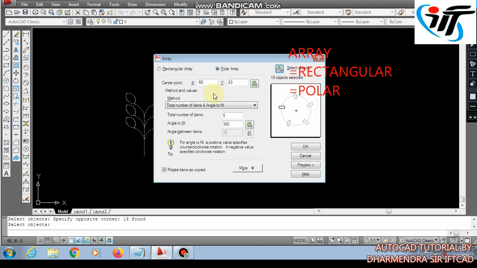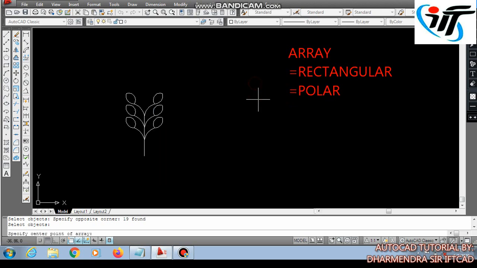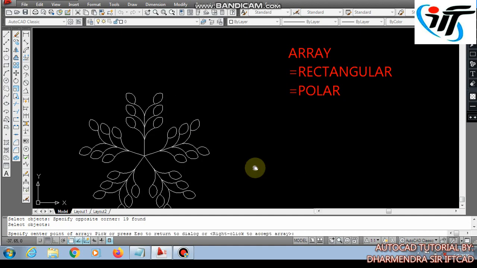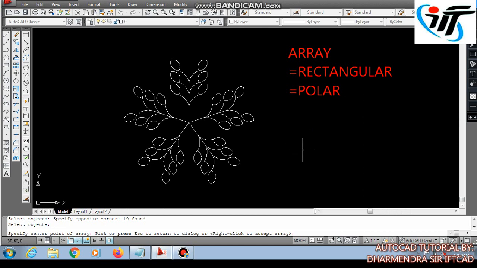Okay, now once again I have to choose the center point. I am choosing the end point of the object as the center. Then let me check the preview. Okay, this way it has formed a beautiful shape, a beautiful floral diagram, which is quite unique and convincing.